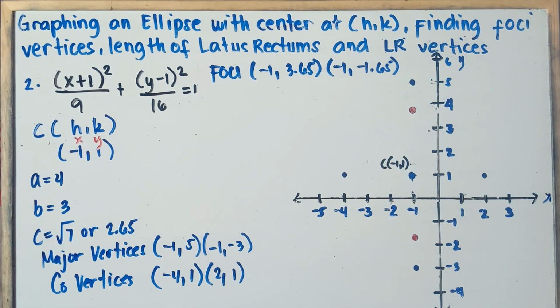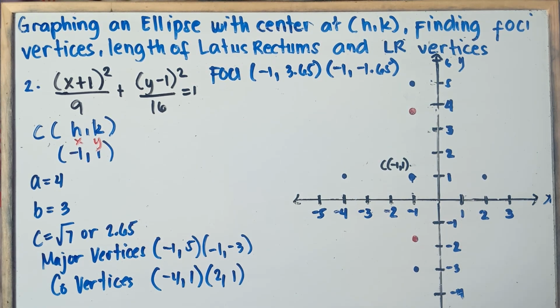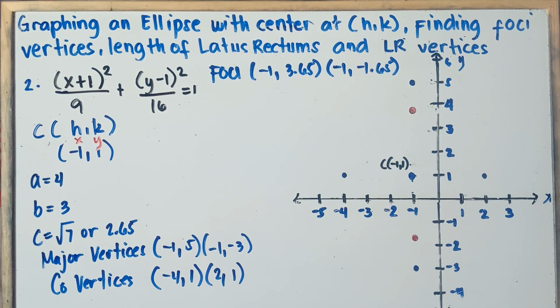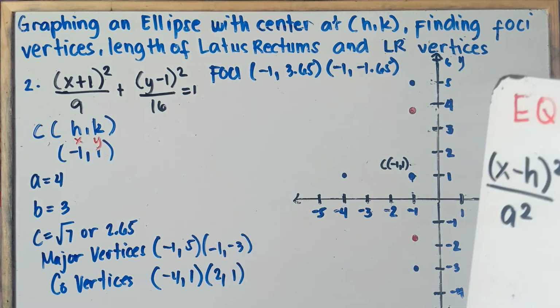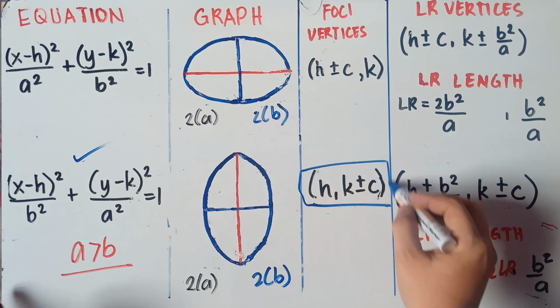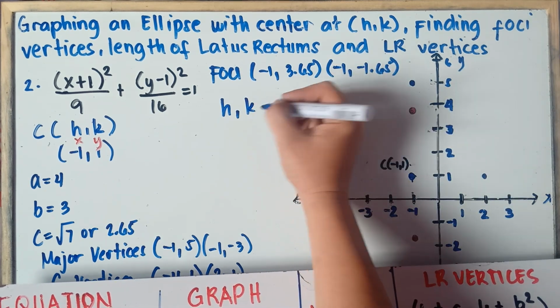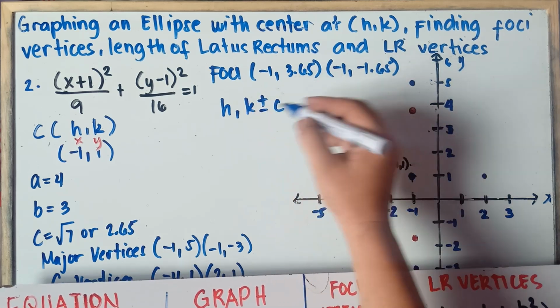Alright, so once again, class, you can find the foci using this equation, class. If you're confused with that one, for me, class, I better do it manually based on the given graph, class. Because you can see, class, based on the given graph, what is your foci, what will be your vertices, and later on, class, we will explain also how to find the latus rectum vertices using this graph. But if you're confused, class, you can use this equation. It's up to you, class. Which do you prefer? So once again, this will be our graph and this will be our equation for the foci. So we have H, comma, K, positive, negative C.